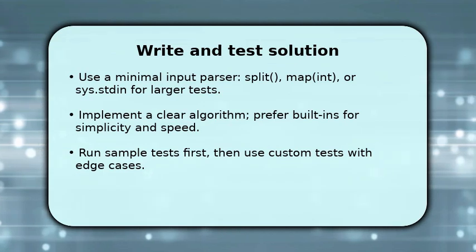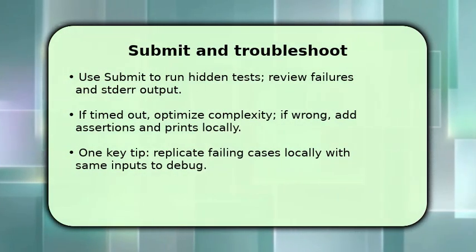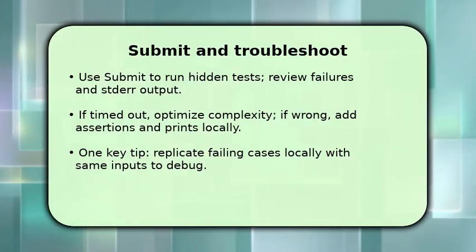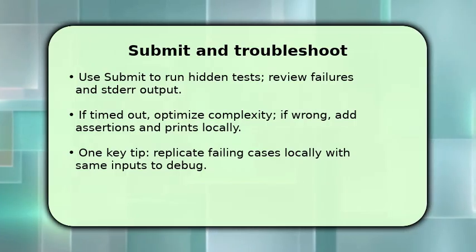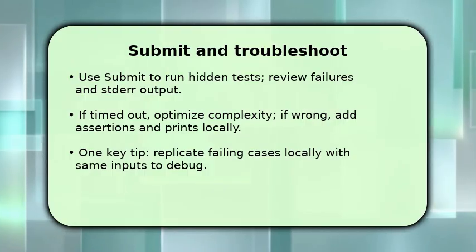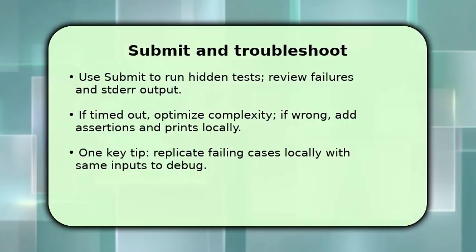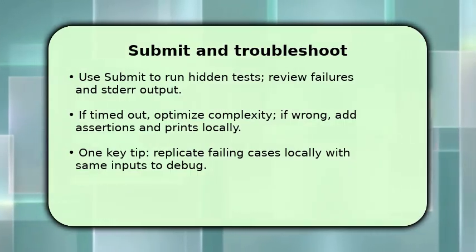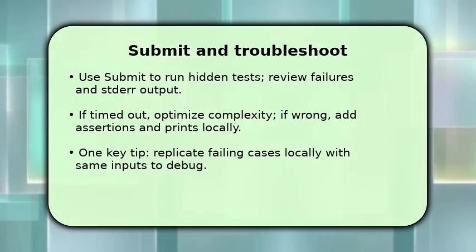You finish by clicking Submit to run hidden tests. Read any failure messages carefully and reproduce failing inputs locally to investigate. If tests time out, revisit algorithmic complexity and replace nested loops or heavy operations with more efficient approaches. If outputs differ, add small local prints or assertions to trace variable states, then remove them. Make sure to rerun both sample and custom tests before final resubmission, because